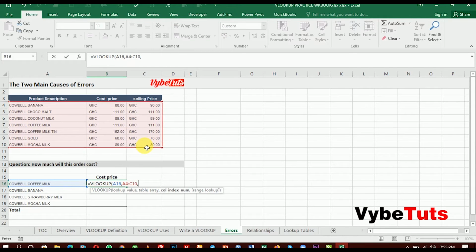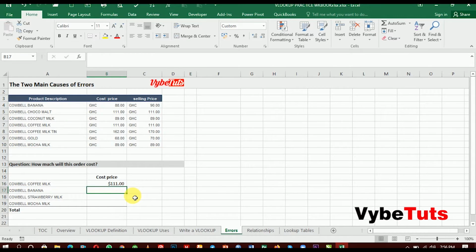And you bring comma. Column index. The cost price is column 2. So 2, comma. I want an exact match, so I'll go for 0. Close the parenthesis and then hit enter. I have my